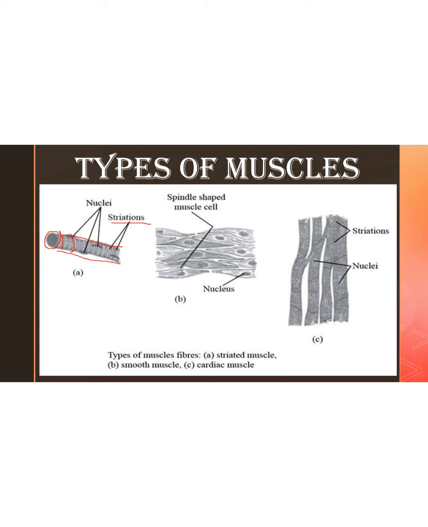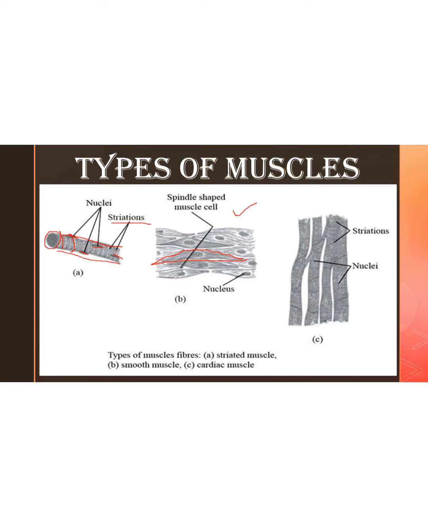And here you see in one cell so many nuclei are present, so you can say that these muscle cells are multinucleated. Okay, so next is our smooth muscles. The major structure of smooth muscle is spindle shape. What does spindle shape mean? At the ends they will be tapering and in the middle they will be thick. So the middle is thick, you see here, and the ends are tapering. So this is your spindle shape structure.